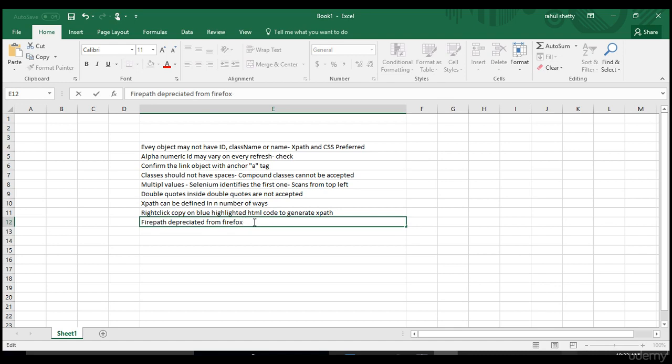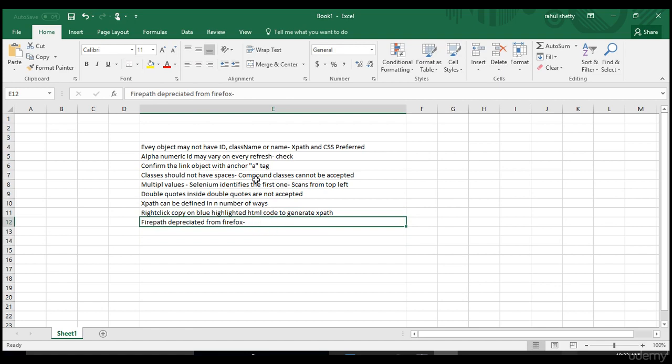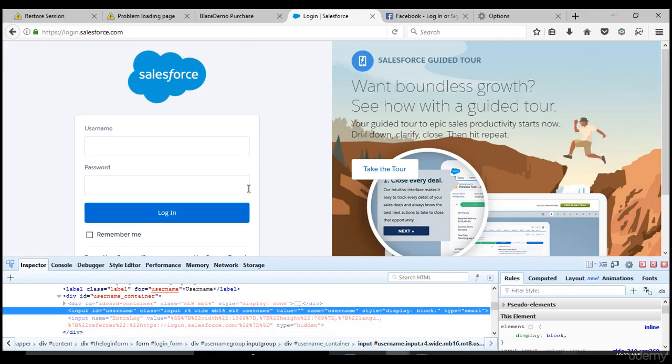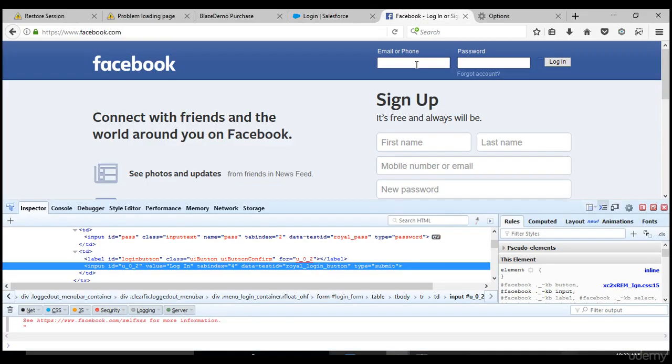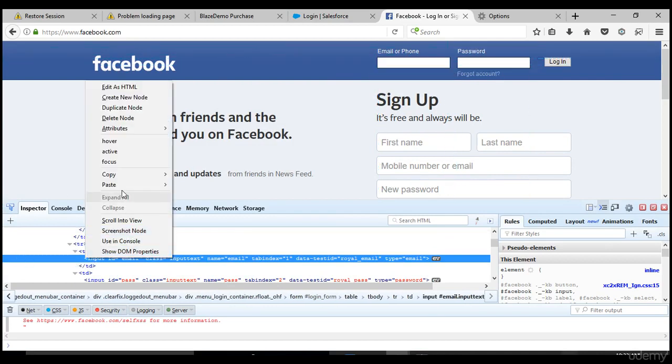FirePath is deprecated, and you have to use it in a similar fashion, right click to get that XPath. Alright, so CSS is again similar to find the XPath. Now if you want to get the CSS of the email ID, you can simply spy again, right click, copy, CSS selector.